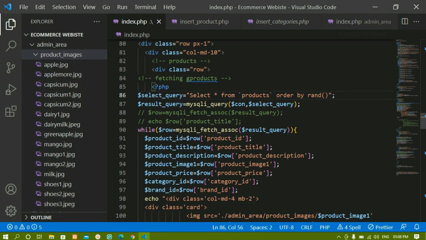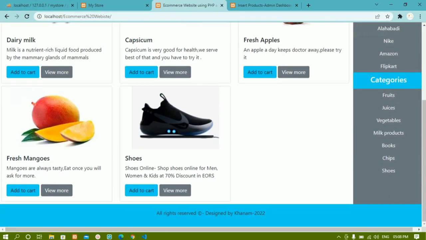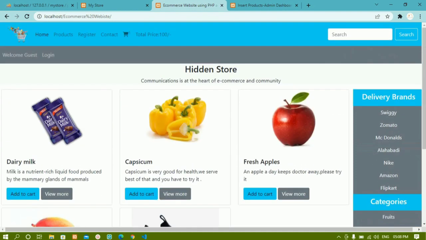And also if you want to show only 6 products or 9 products inside the home page, you can do that by using LIMIT. I'm going to write here 0, 9. I just want to display 9 products, so I'm writing LIMIT 0, 9. Now I'll come here. Whatever products I have here, it is going to display only the 9 products, but inside this products page